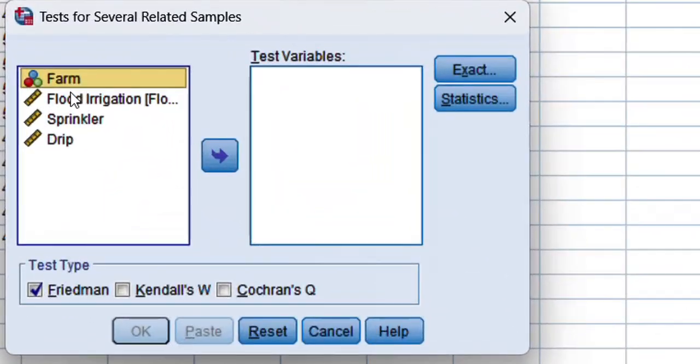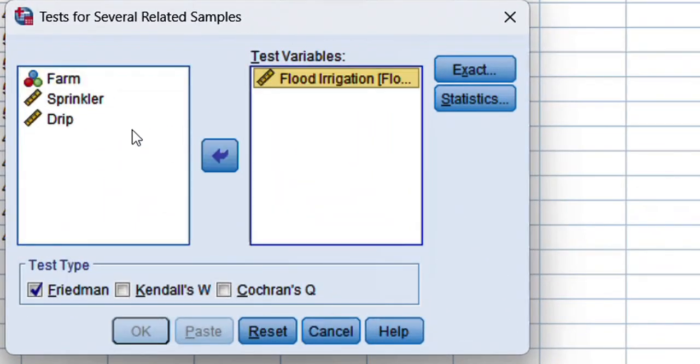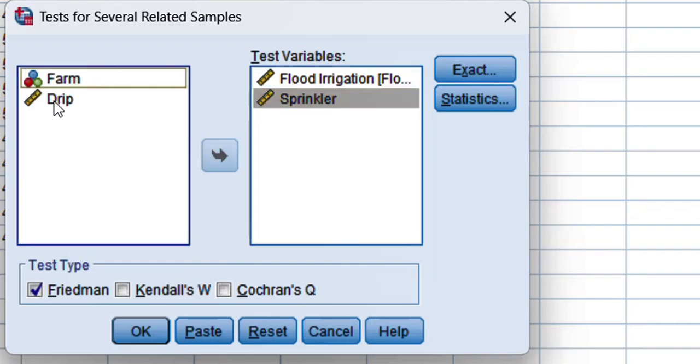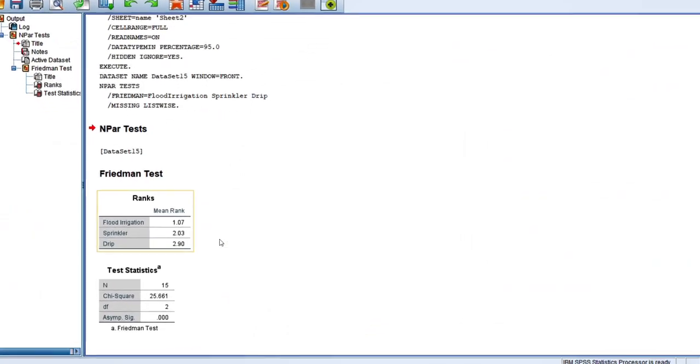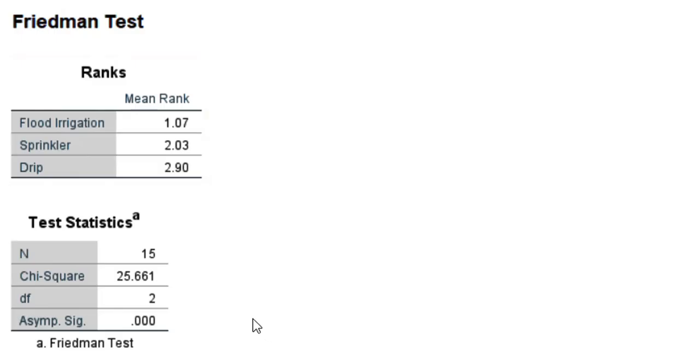Our test variables would be the 3 methods of irrigation. For this example, choose the Friedman test type and click OK. This is our test result table. The interpretation: the p-value is less than 0.05, which indicates that the yield significantly differs across 3 irrigation methods.